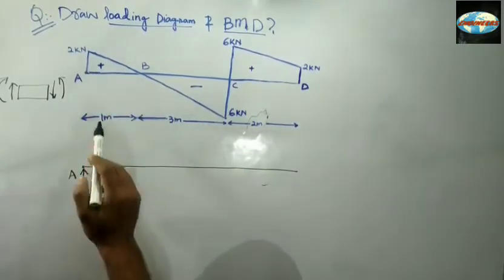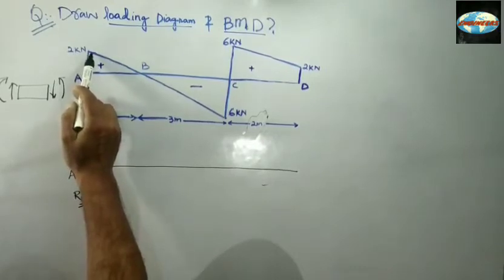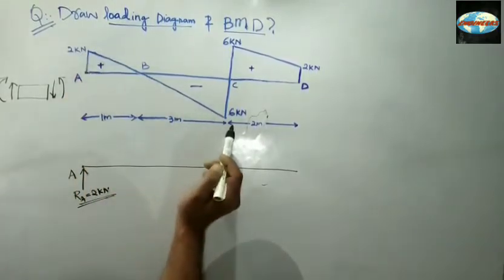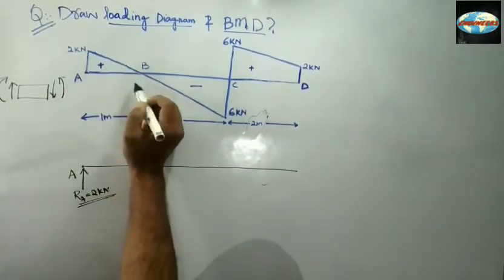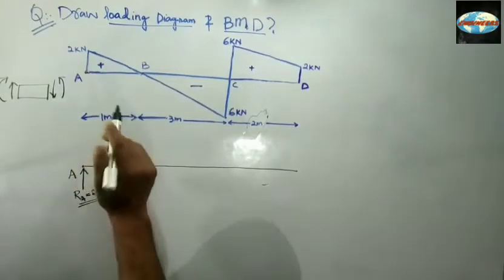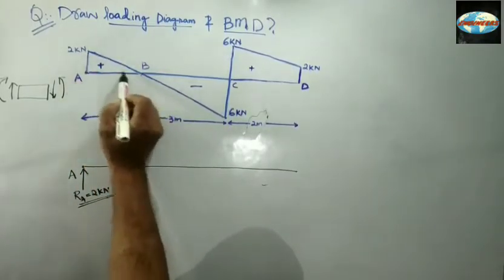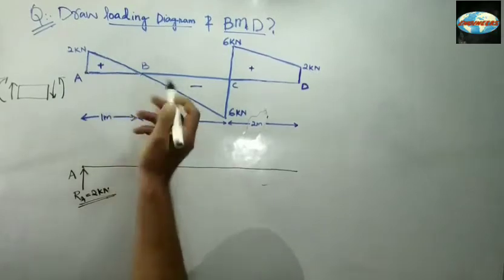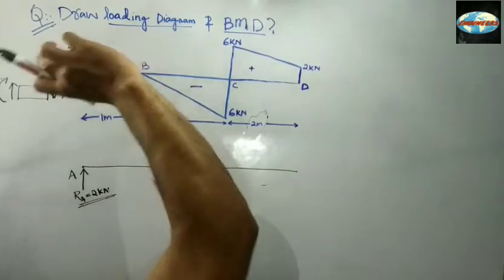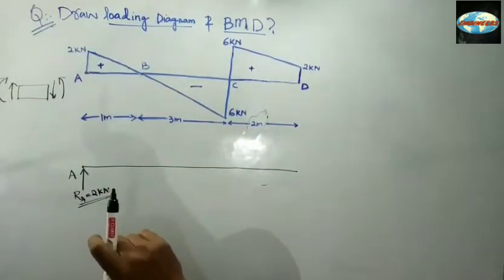Now see the SFD. This is the SFD, obviously. The SFD consists of an inclined line in portion A to B. Let's analyze it up to this point for now. From point A to B, it consists of an inclined line. And whenever we have an inclined line in the SFD, just remember it's always subjected to UDL, and the loading rate